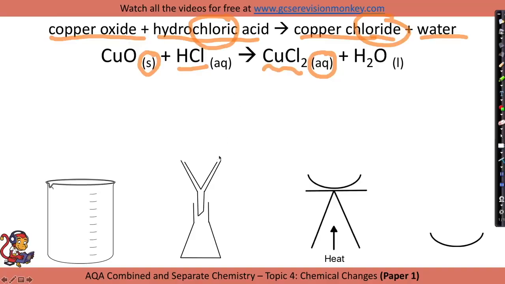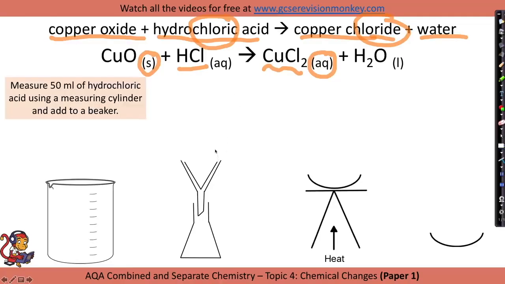So the first thing that you do for this practical is measure a fixed volume of hydrochloric acid, for example 50 ml, using a measuring cylinder, and add this to a beaker. To that beaker, using a spatula, you would add copper oxide, but the important thing is that you would add it in excess, which means you keep on adding the copper oxide until no more will react